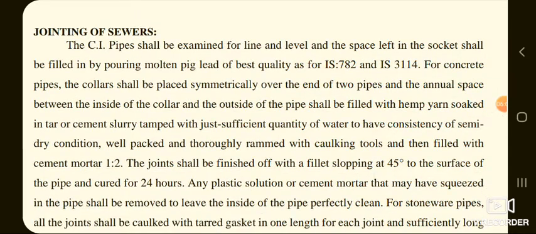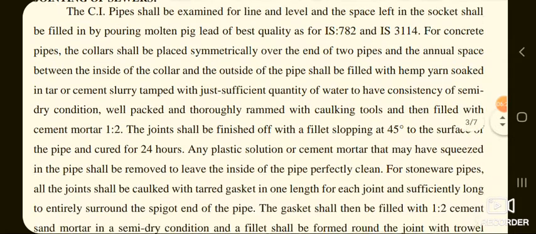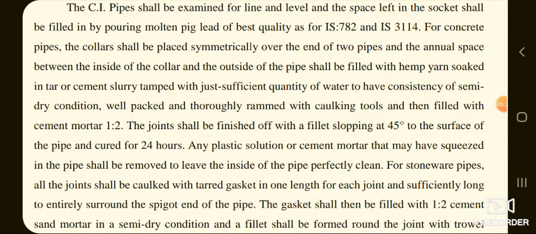Now the next step is jointing of sewers. The CI pipes, that is cast iron pipes, shall be examined for line and level, and the space left in the socket shall be filled in by pouring molten pig lead of best quality as per IS 782 and IS 3114. For concrete pipes, the collars shall be placed symmetrically over the end of two pipes, and